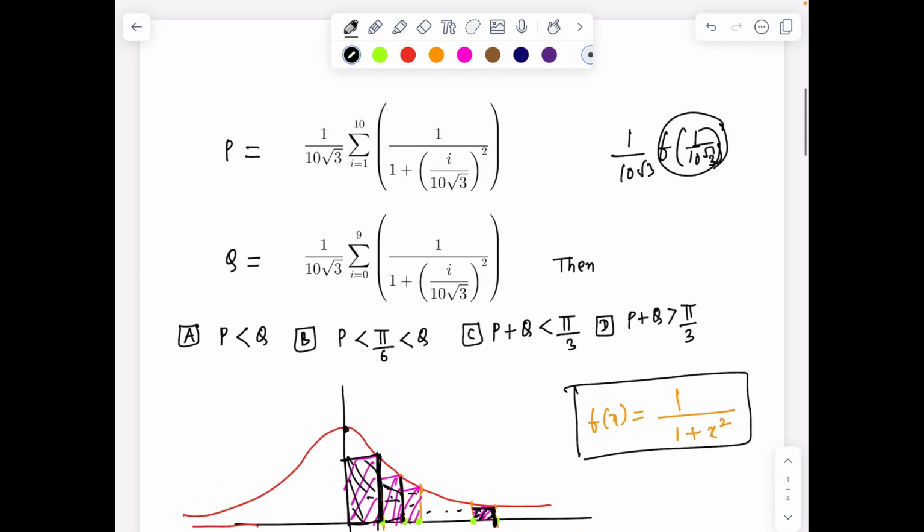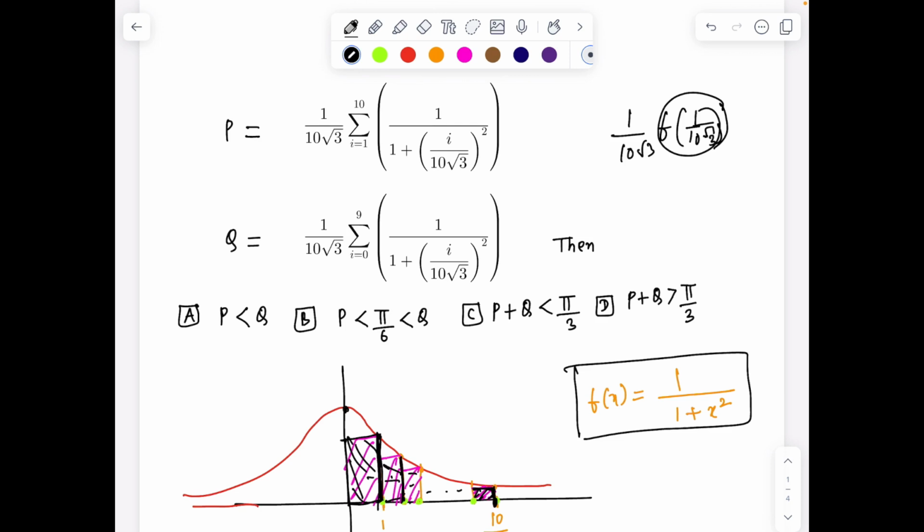The last interesting part is more exciting, and it shows what will be the addition. Now directly we can't conclude, because if P is less than pi over 6 and Q is more than pi over 6, we can't conclude about P plus Q directly with intuition. It may be less than pi over 3, it may be more than pi over 3, that depends on their relative magnitude. Okay, so one way of looking at this is, if we see P plus Q, we have